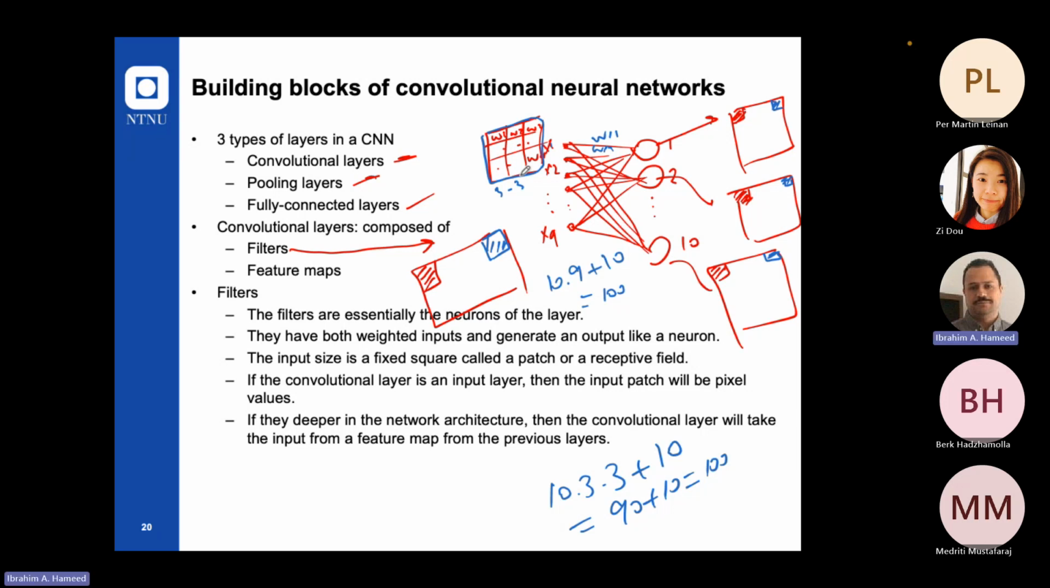So the input size is a fixed square called a batch or a receptive field. Each filter has a receptive field. And if the convolutional layer